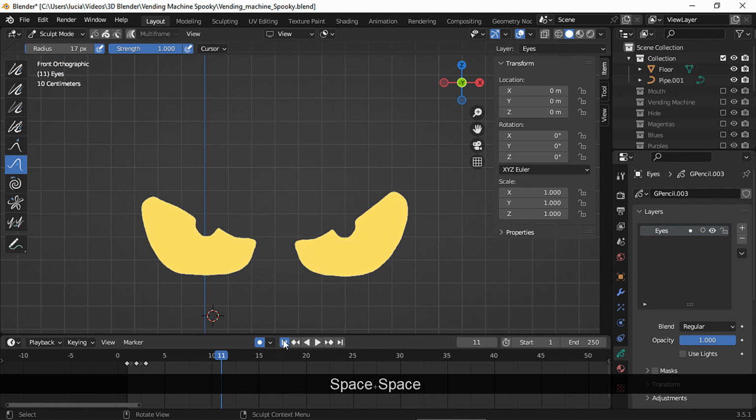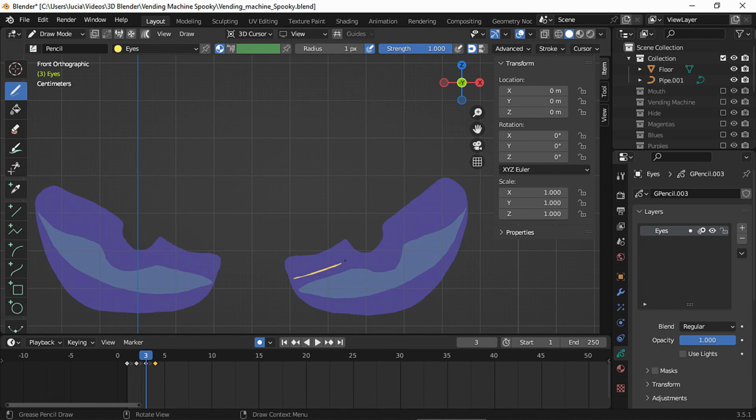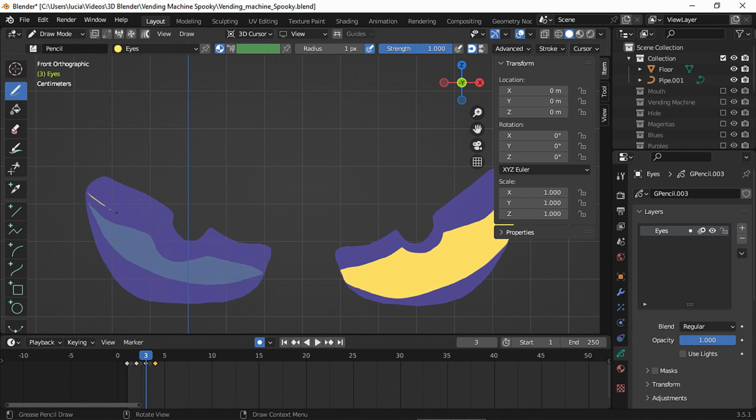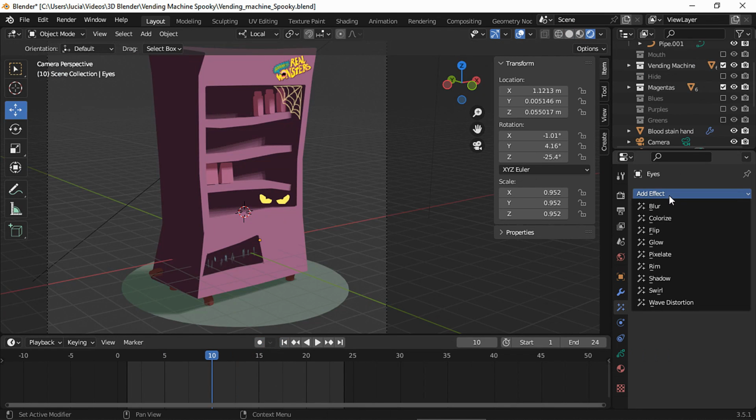It doesn't look bad, but I wanted a smoother animation, so I moved the last keyframe, and in frame 3 I drew an in-between. I added a glow effect,